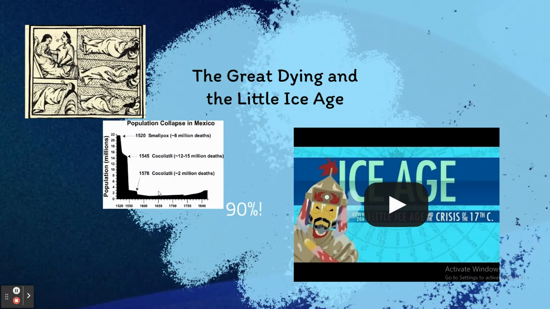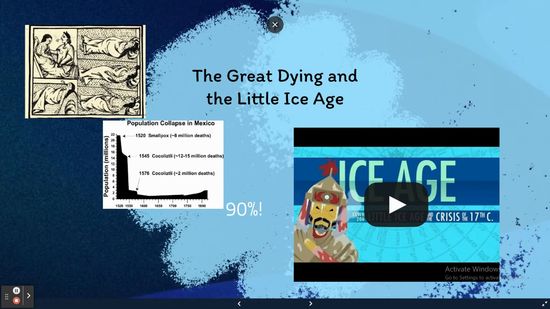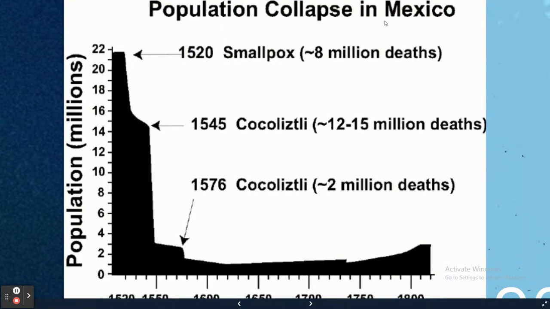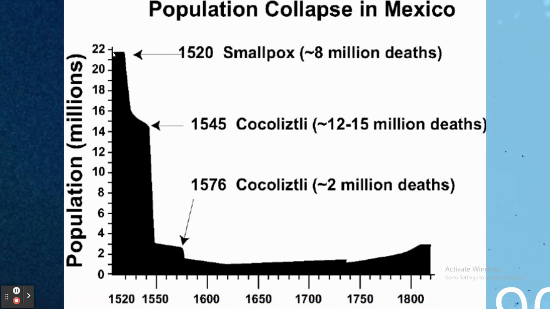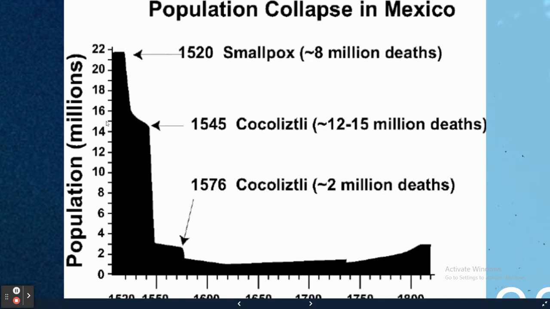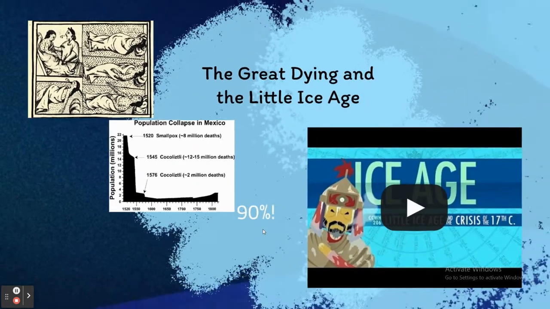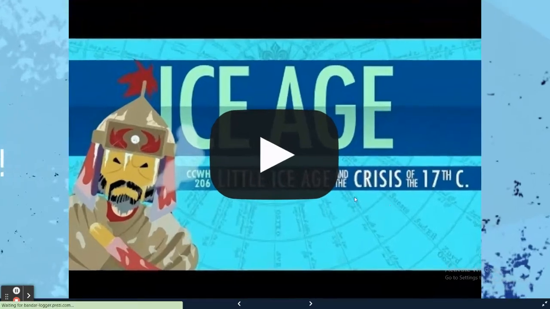So what's going to happen is the Europeans are going to end up over here. Smallpox is going to decimate so many people. 90%, actually, if you look at Mexico, and not every area, but let's look at Mexico in particular. In 1520, they had a population of almost 22 million. Just 25 short years later, it was down to 15. And in 56 years, it went from 22 million to about 3 million. That's a lot. That is a large, large population of death.